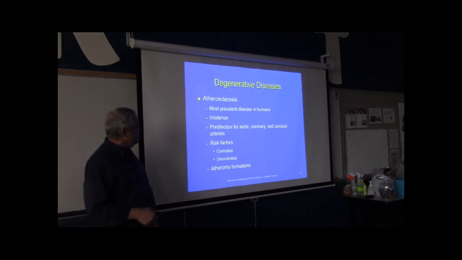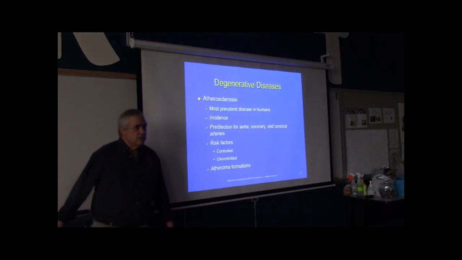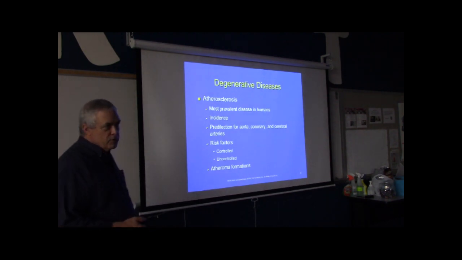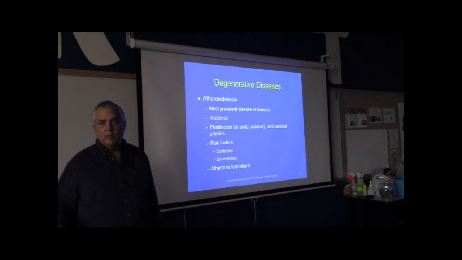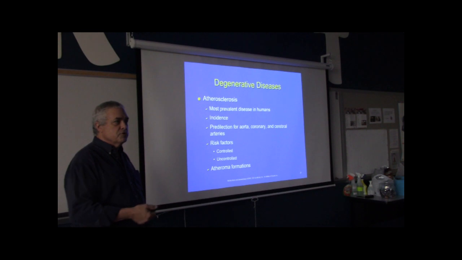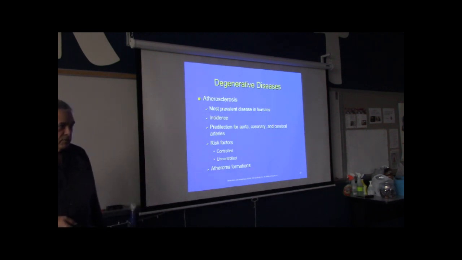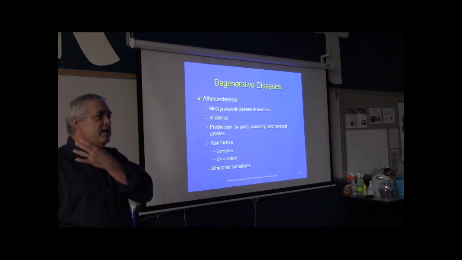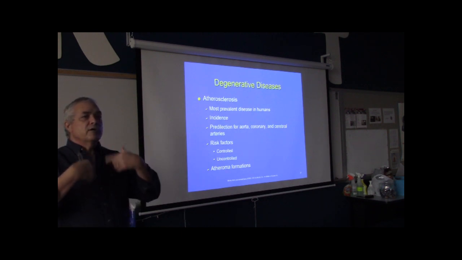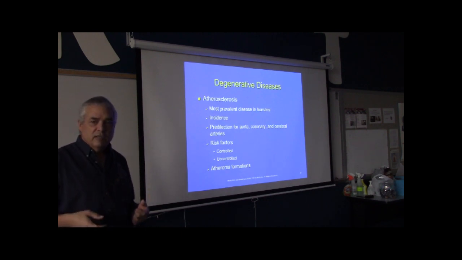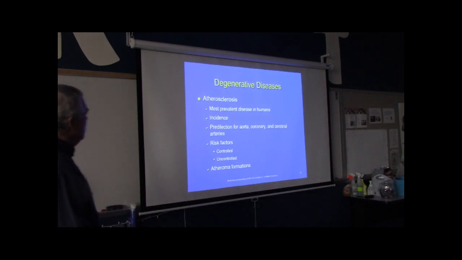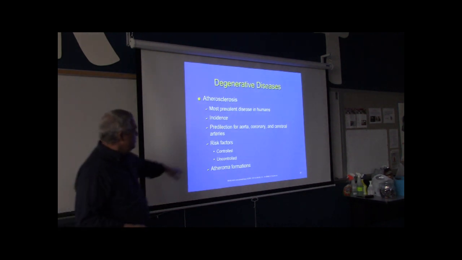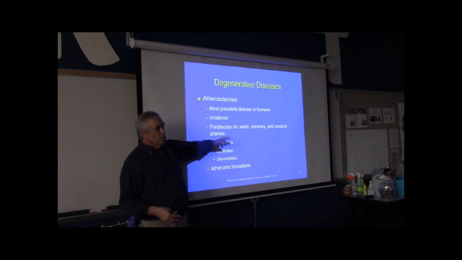Atherosclerosis we were taking a look at. This is the most prevalent disease in human beings. Almost all of us have it, maybe not y'all because you're so young, you're just kind of getting started. But I have a lot of atherosclerosis. If you look at my C-spine x-rays, you can see my carotid arteries clearly because I've got a lot of deposition in there. For some reason, and I know it's because of blood pressure, the aorta, these blood vessels here,